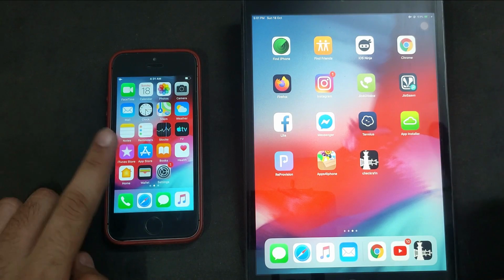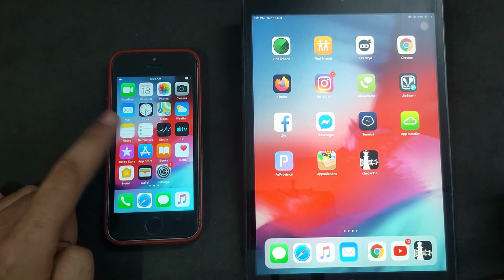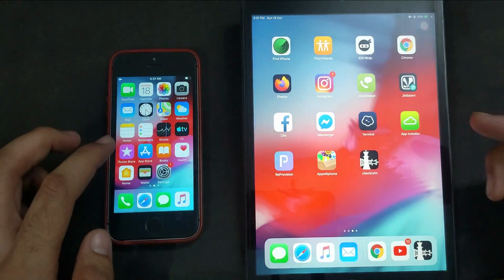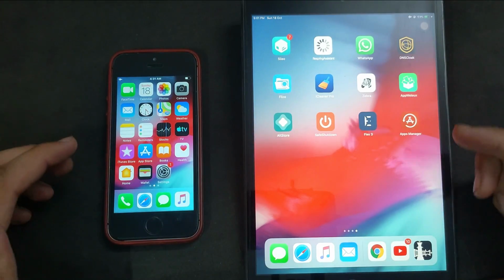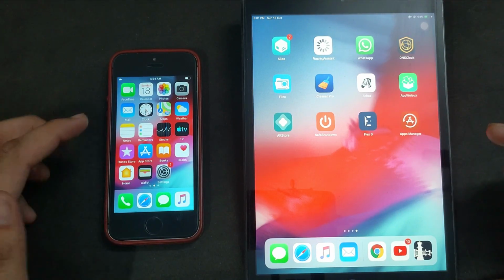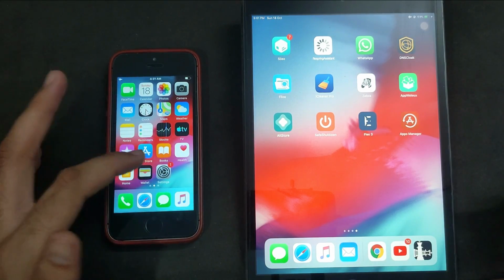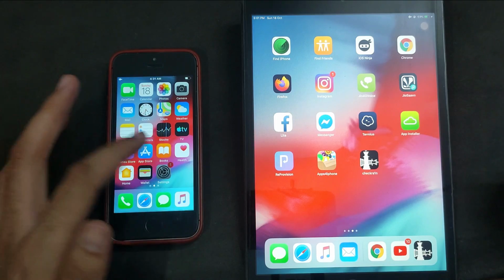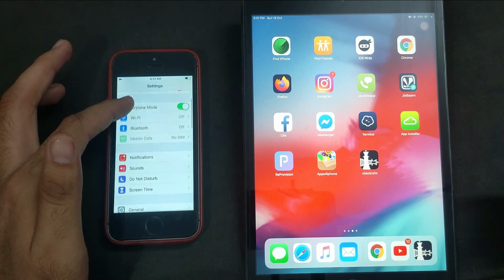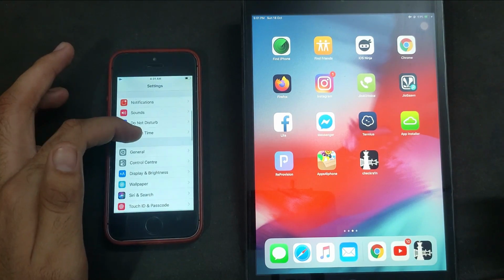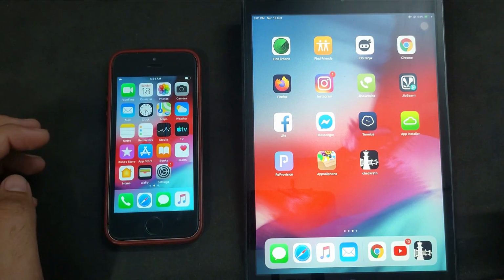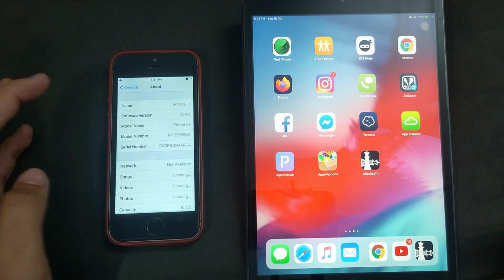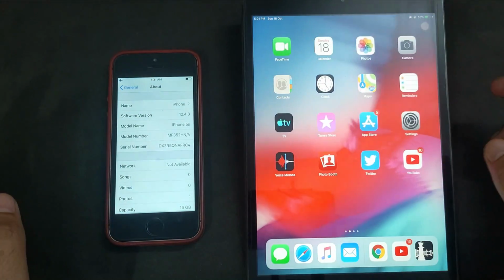So in today's video, I will show you how you can downgrade iOS 12 to iOS 10. This downgrade is compatible with all the versions of iOS 12. That means if you are on the latest iOS version, that is 12.4.8, currently signed for all the devices that are running on iOS 12, you can downgrade to iOS 10. And if you are on other versions of iOS 12, that is iOS 12.4.7, 12.4.5, 12.4.6, 12.4.4 and so on, it will work on all these iOS versions and you can downgrade to iOS 10.